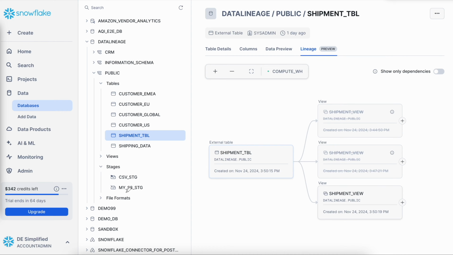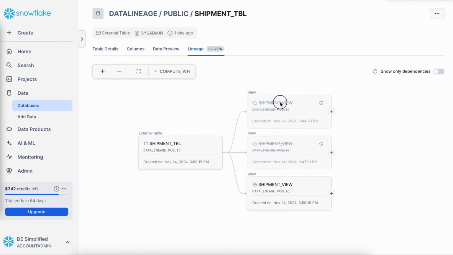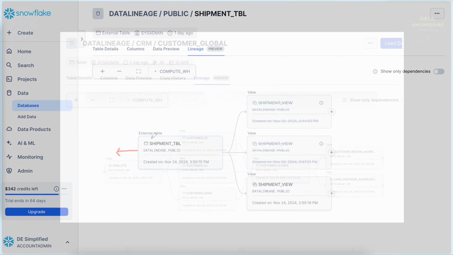I am going to show you another scenario where alongside my internal stage, I also have an external stage. And this is an external table, and this external table is created by using this external stage. But if you notice that this external table is not referring to the external stage,